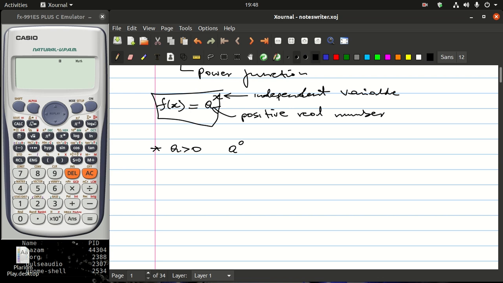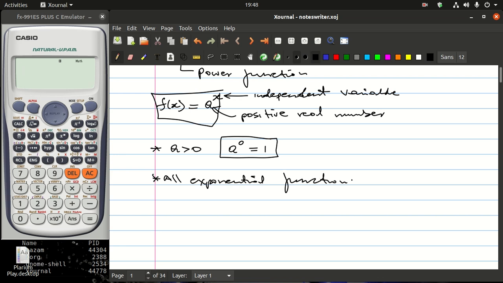Now, since a is greater than 0, and we are plugging in a 0 here, this one is always going to be equal to 1 when we apply laws of exponents. So this is always going to be defined, which means that all the exponential functions